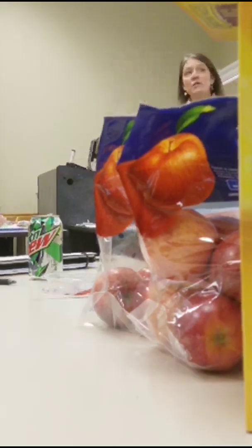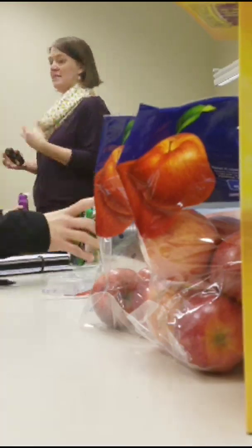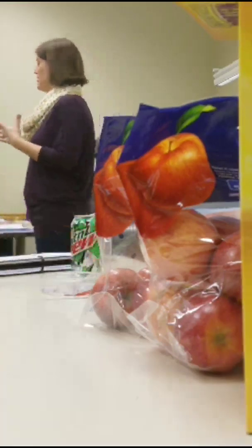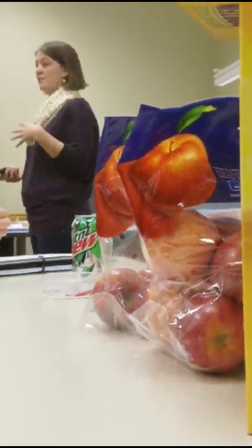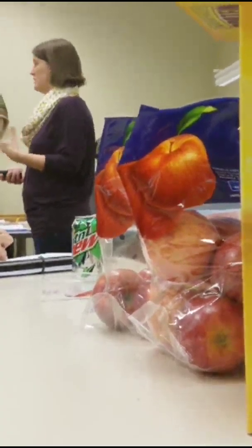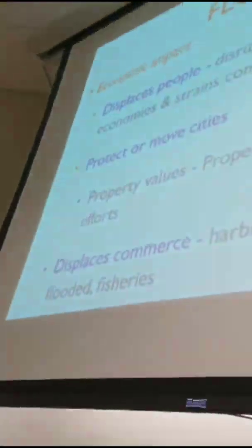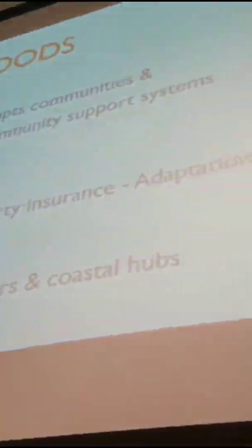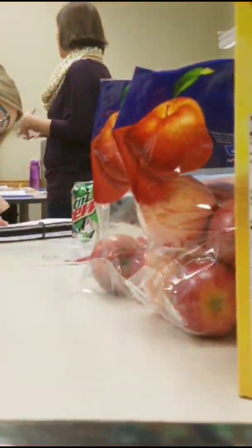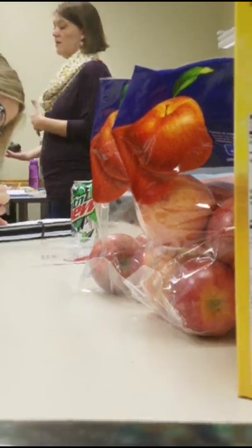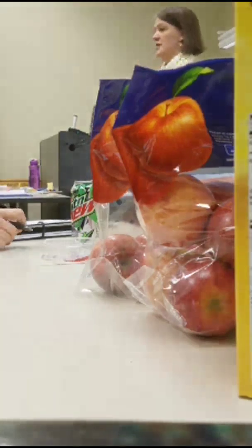All right, it displaces commerce. We talked about this in terms of flooding harbors and how we're going to maintain access and infrastructure for trade. The other thing we haven't talked about, though, is that flooding coastally affects fisheries, and that something like 75% of fishing productivity out of the world's ocean comes from the coastal zone within 200 nautical miles of the shoreline. As we drown ecosystems, in the short term, we lose those fisheries nurseries. So that's going to be very problematic potentially for the productivity of fish until the new coastal ecosystems establish themselves.